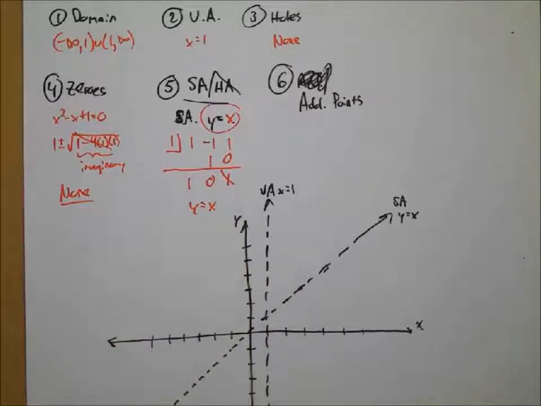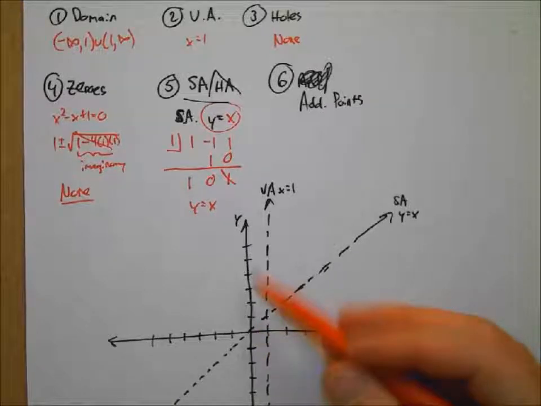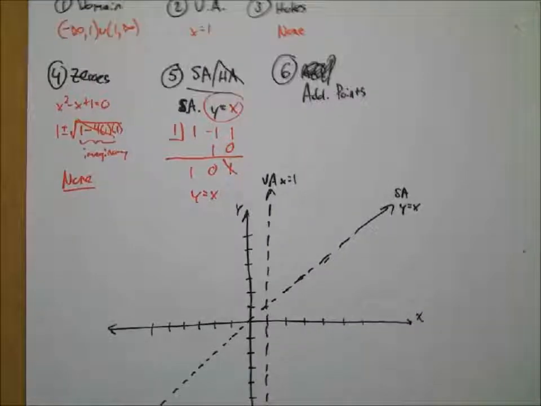So we have no points. We have these boundaries, but we have no points. So what might be a good point to pick here? X equal to what? 3. Okay, 3 or 2, or also I would say 0 as well, because 0 is on the other side of the vertical asymptote. What we really want to do is pick x's on either side of your asymptote. If you have more than one asymptote, then you want to pick an x value between each one of those vertical asymptotes. Okay, so